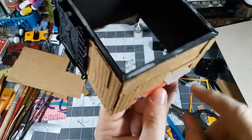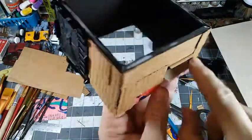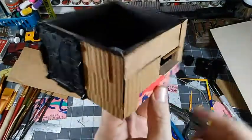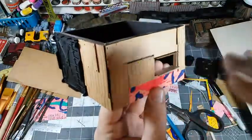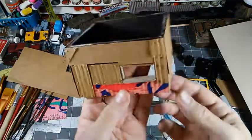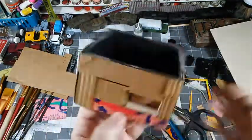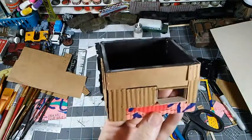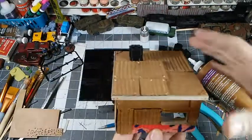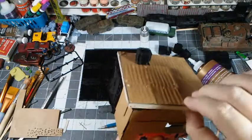I just added a piece of chipboard and a piece of corrugated at the top, and then of course the chipboard on the sides. Just glued that in place. I glued this with hot glue just so it would set up quick. The rest of it I just glued with white glue, PVA. So we will add some other bits on here as we go, and we still got to make a roof, so we'll be back. Alright, the building needed a roof, so I went ahead and put one together and gave